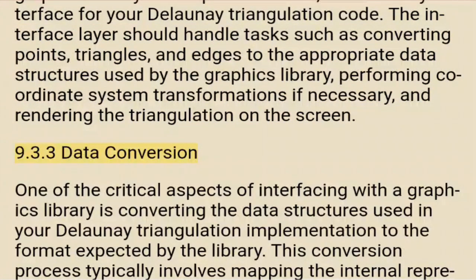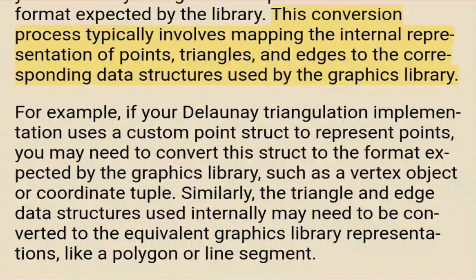9.3.3 Data Conversion. One of the critical aspects of interfacing with a graphics library is converting the data structures used in your Delaunay Triangulation implementation to the format expected by the library. This conversion process typically involves mapping the internal representation of points, triangles, and edges to the corresponding data structures used by the graphics library. For example, if your Delaunay Triangulation implementation uses a custom point struct to represent points, you may need to convert this struct to the format expected by the graphics library, such as a vertex object or